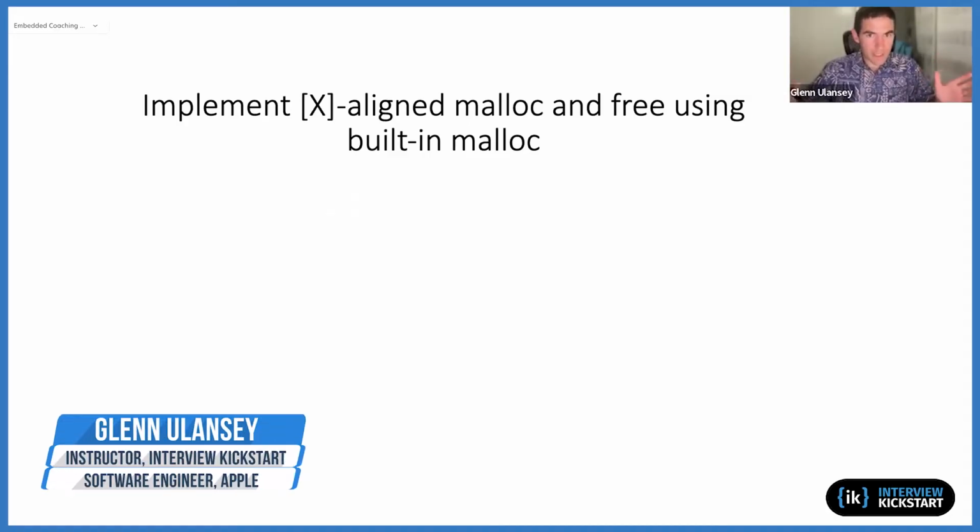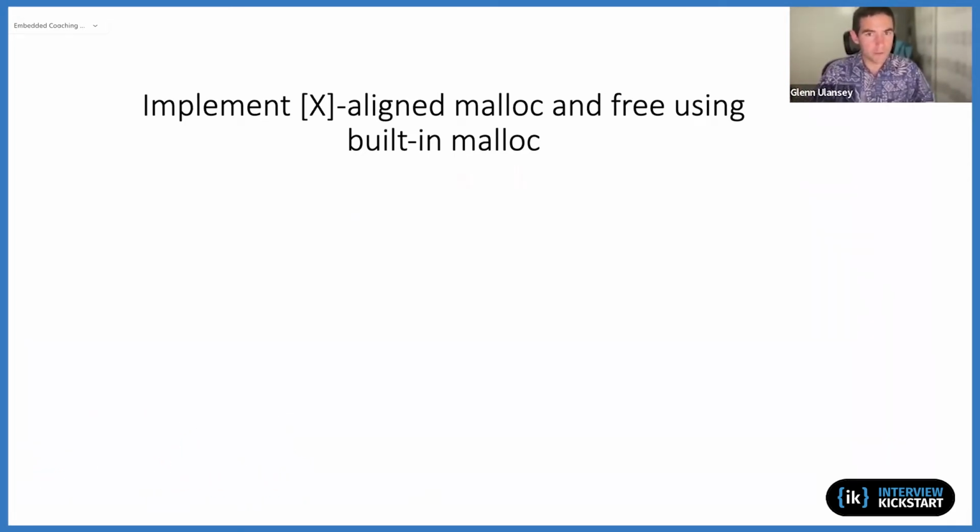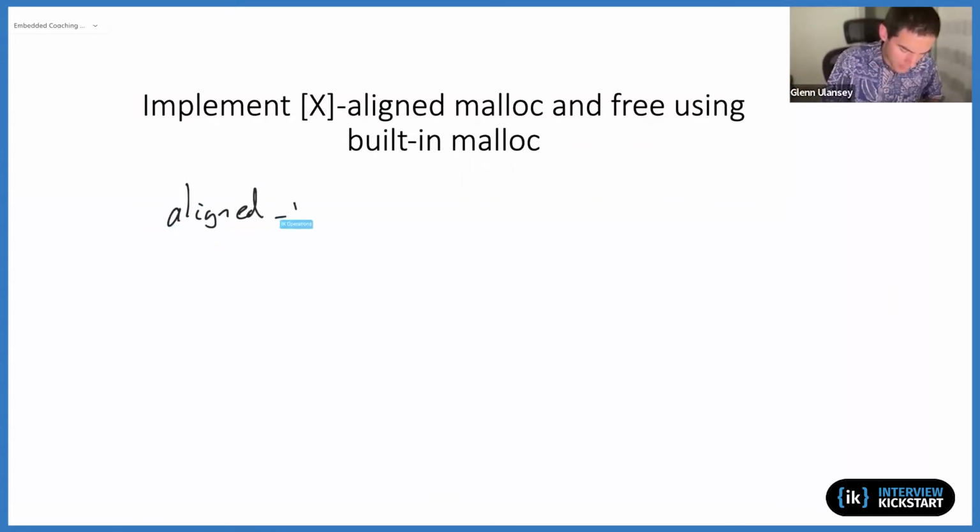The question is: implement malloc and free on top of the built-in malloc. So you don't have to implement malloc from scratch. You're allowed to just call regular malloc and regular free, but I want you to implement a new function for me called aligned malloc,